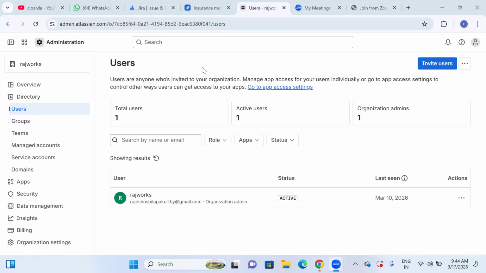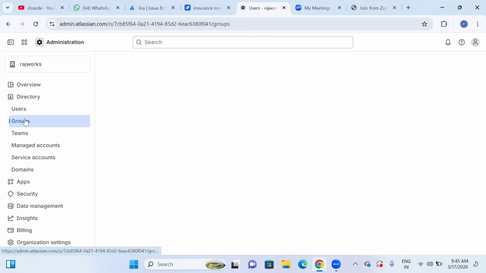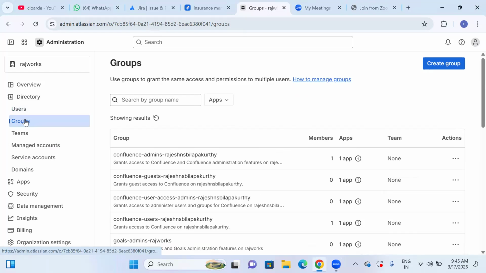Right. So when we are working on the Jira administration side, in the previous sessions we discussed the ScriptRunner part, Groovy scripting, all that. That's already covered. In this session, we are going to discuss what are the different